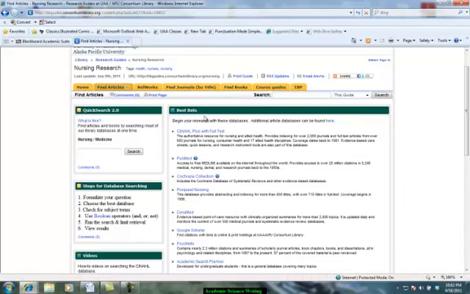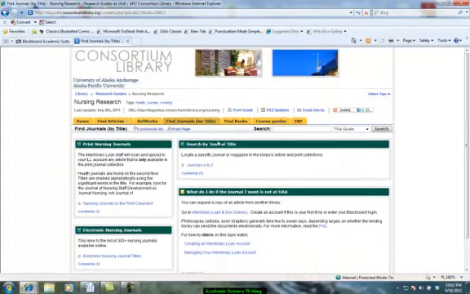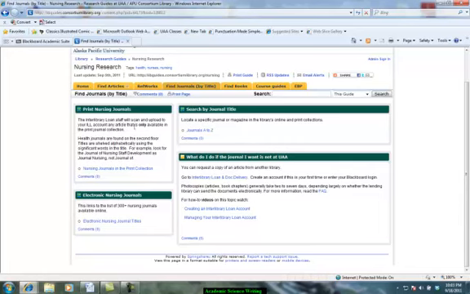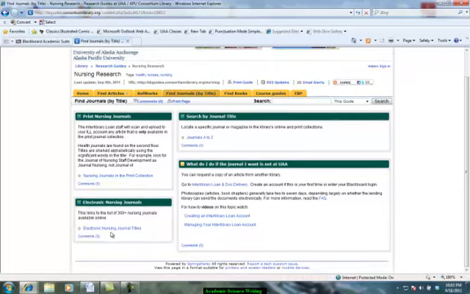So once you click on nursing, find that Find Journals tab and click on that. So from here, you'll see over here on the left, they have databases specific to the print nursing journals and electronic nursing journals. Since this is technically a distance class, an e-learning class, I'm going to show you the electronic nursing journals. You can certainly, if you are in Anchorage or can get to Anchorage and go to the library,